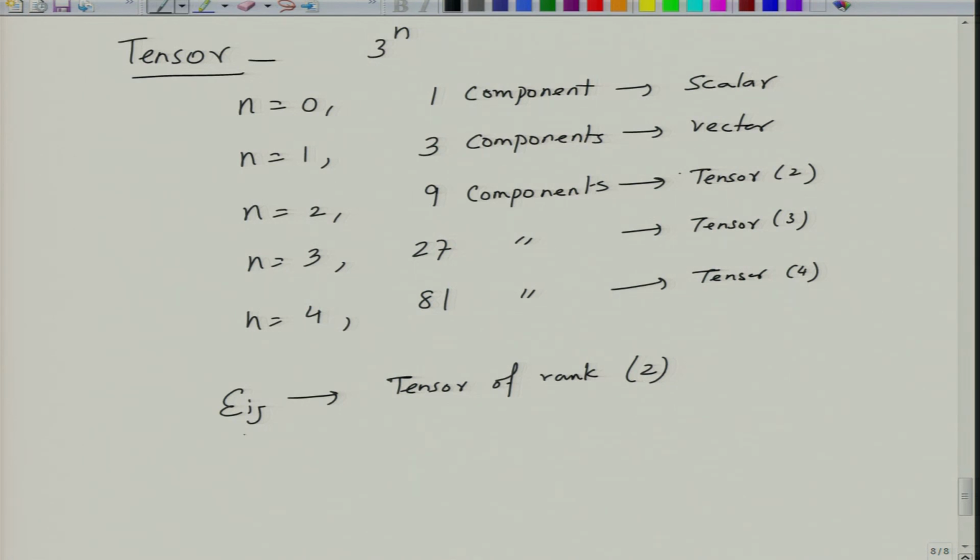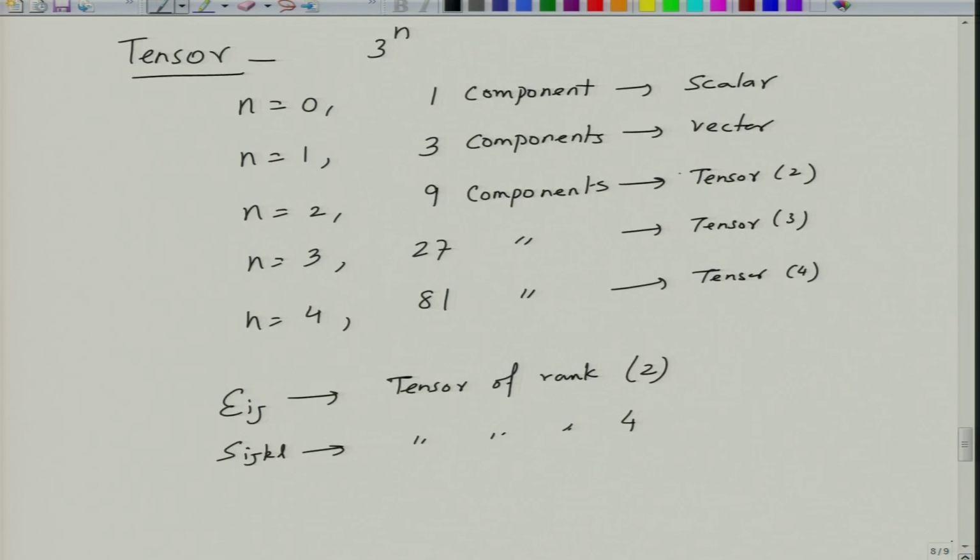So, when you write, for example, as we will see in case of stiffness, if you write C ijkl, then this is a tensor of rank 4. It will have 81 components, but we are fortunate that crystal symmetry and thermodynamic arguments reduce the number of components, but this is how it is, this notation means.